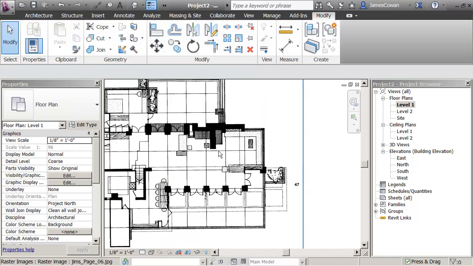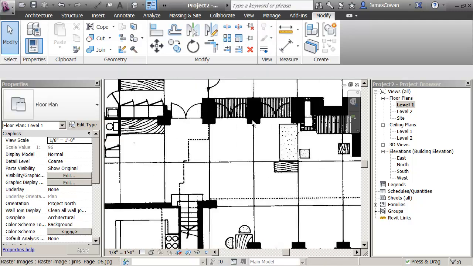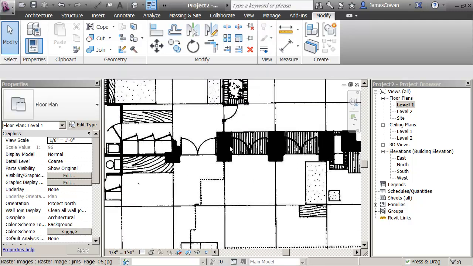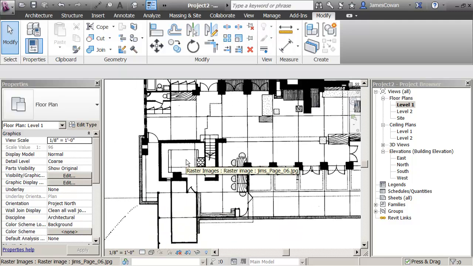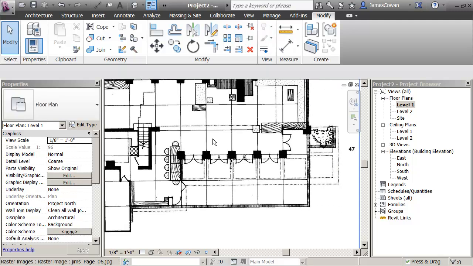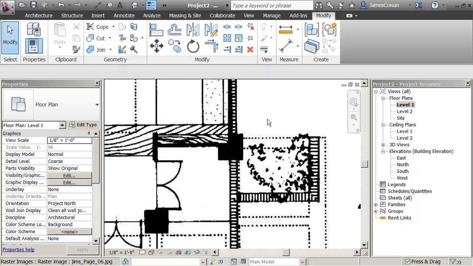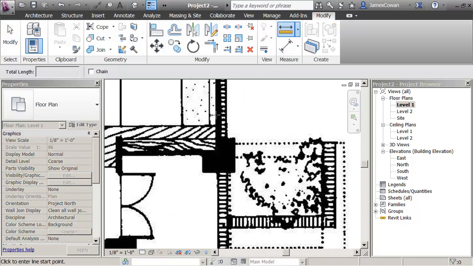Now I can start to draw on top of the model itself. So suppose I know that these are walls of a particular thickness. I'm just going to draw around here just to give you an idea of how this is going to work. Let me take some of the walls that are, these are balcony walls, I think, on the outside patio of the building here. And if I look at them, if I was to say measure, I'm just going to guess that these look like they're about